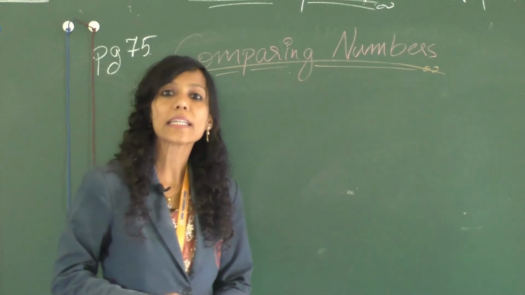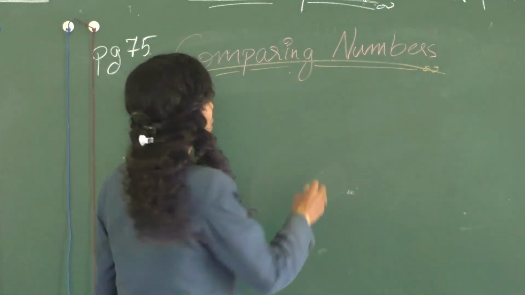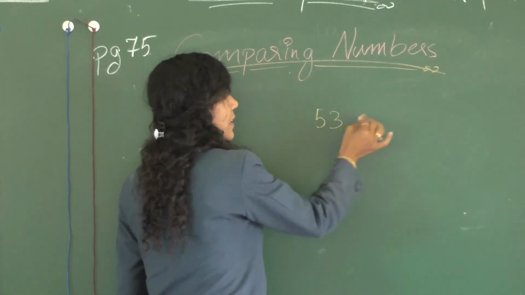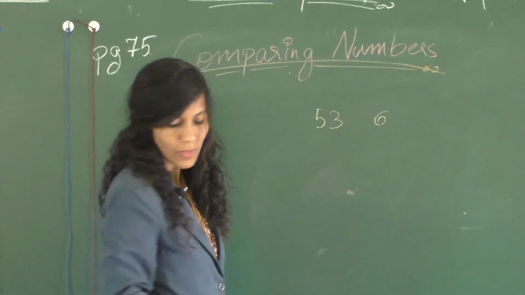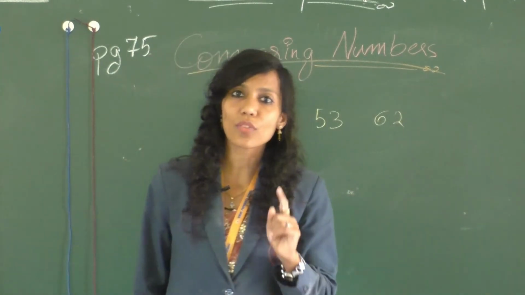You have to circle the greater number, the number which is big. First sum is 53 and 62. Here, just noting one thing,